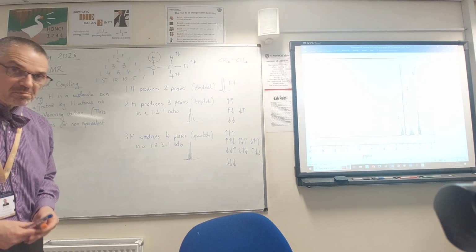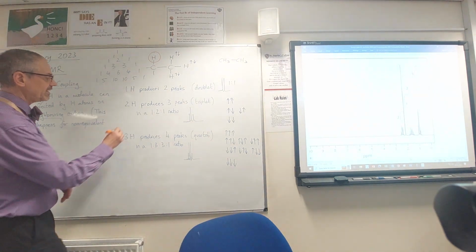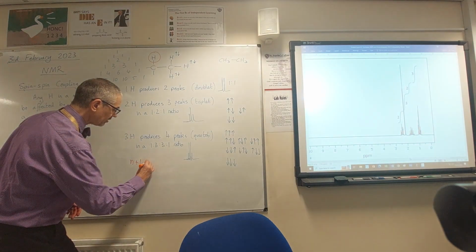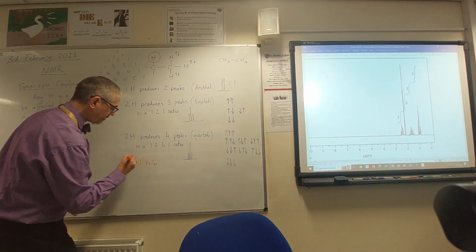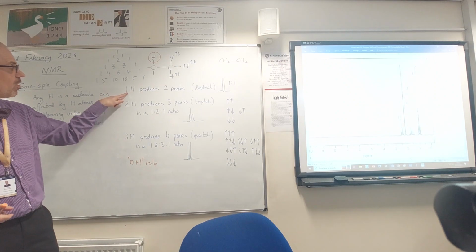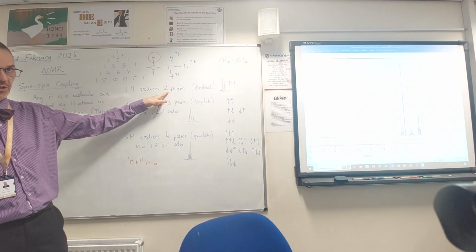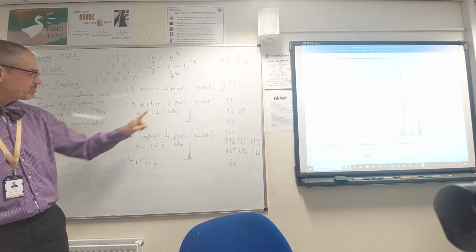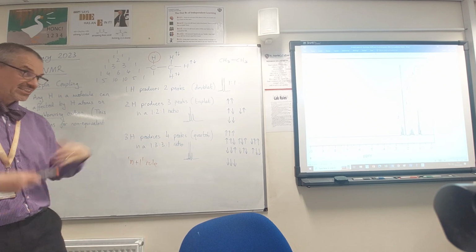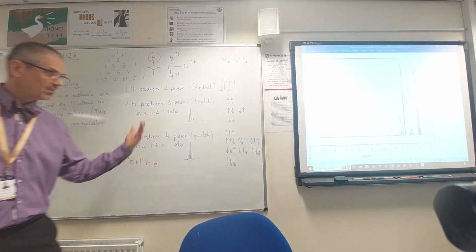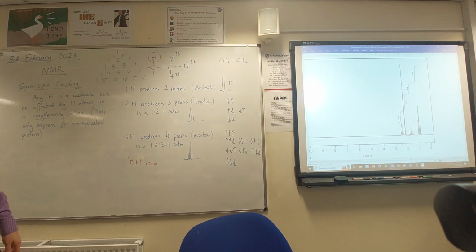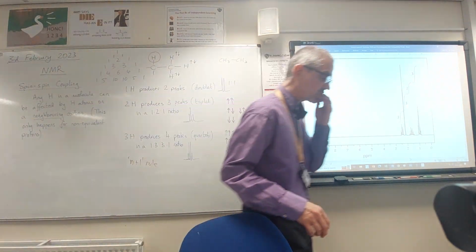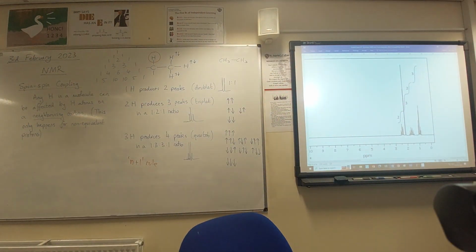But the simple way of remembering it is the so-called n+1 rule. In other words, if I've got one hydrogen next door, I get two peaks, n+1. 2 hydrogens, 3 peaks. 3 hydrogens, 4 peaks. 6 hydrogens would give me 7 peaks, and so on. You get the idea. So if I look at a spectrum of ethanol, for example,